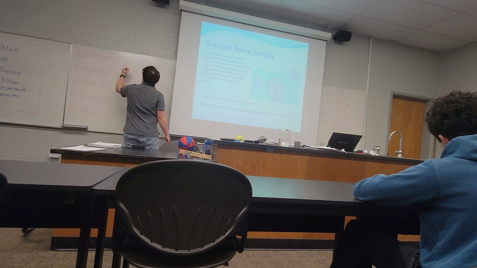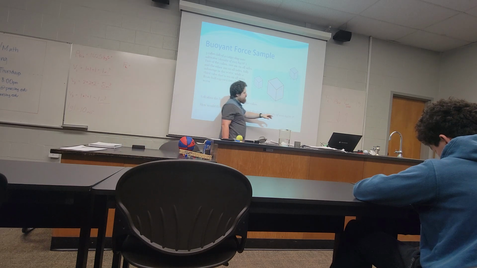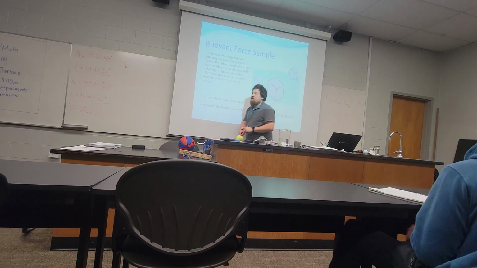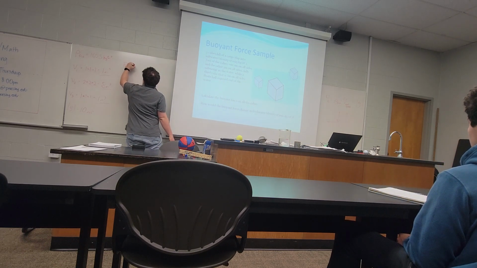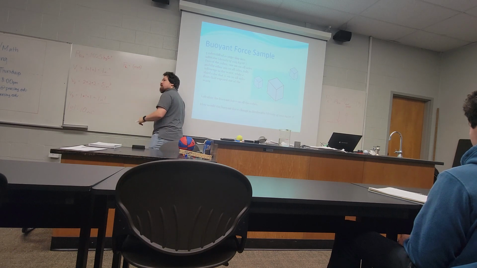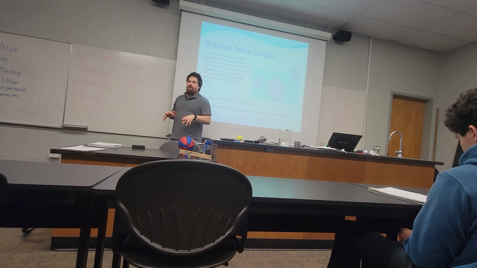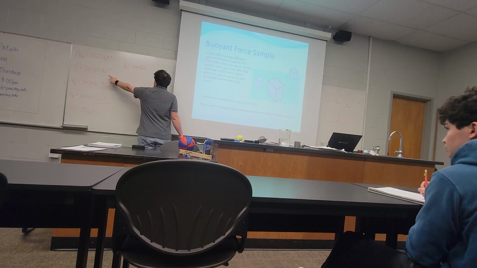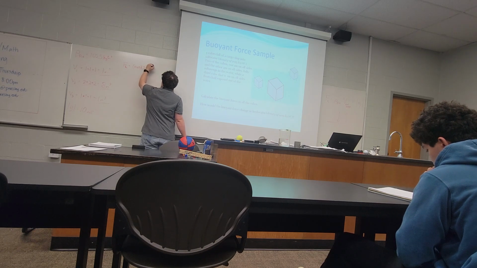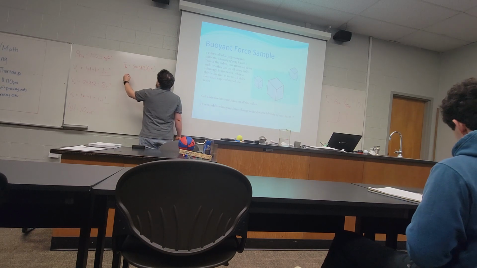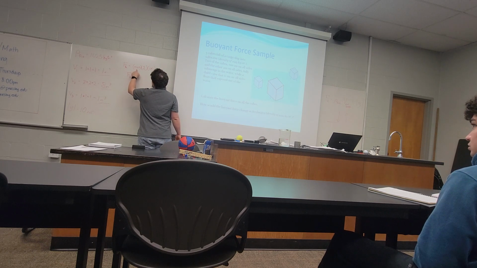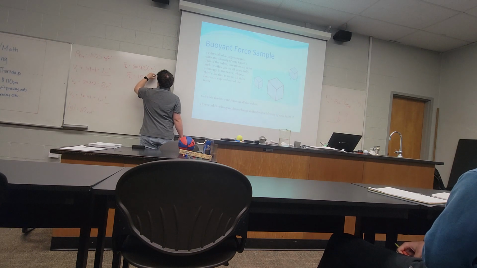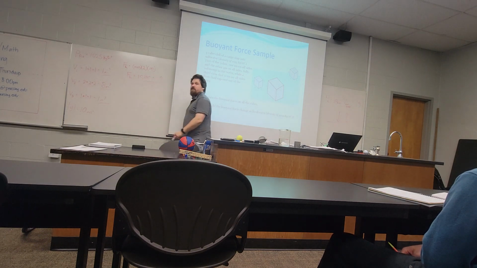First up, buoyant force of the first cube. We want fluid density times the volume of the item times the strength of gravity. So the fluid density is going to be the same for all 3 of these because all 3 of them are in salt water. So salt water density times the volume of our first cube, which we determined is 1 meter cubed, and then strength of gravity on this planet is 10. The buoyant force on cube number 1 should be 10,250 newtons up, which is a lot.